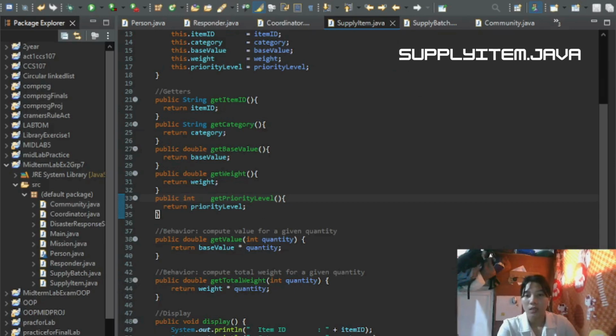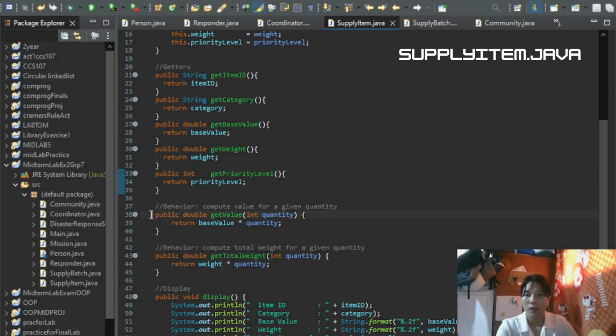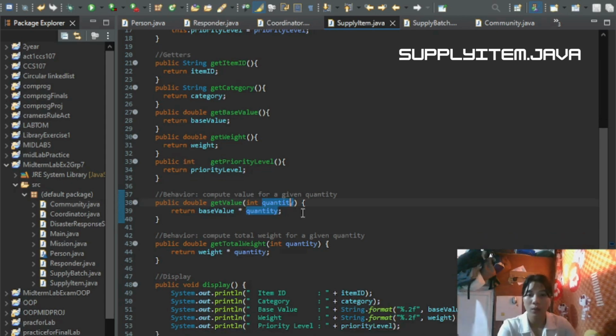Next, for the value calculation method, we have here the public double getValue. This method calculates the total value for a given quantity of items. The int quantity is the number of units, and baseValue times quantity multiplies the unit cost by the quantity to return the total price.